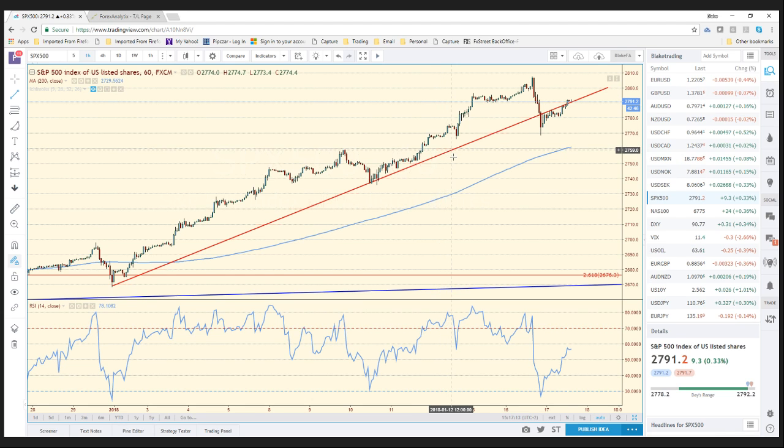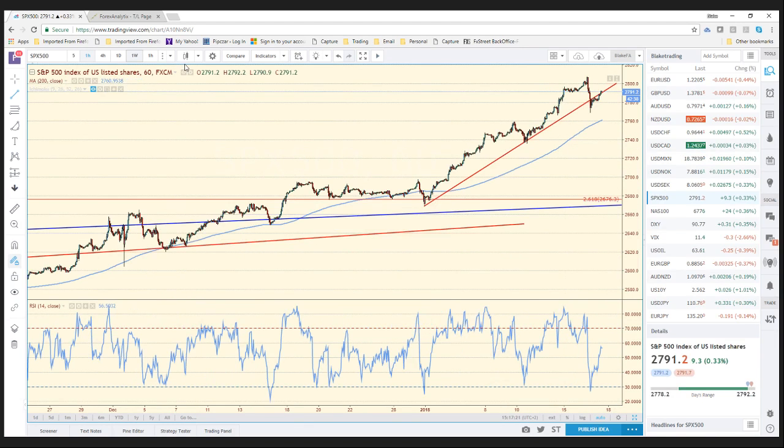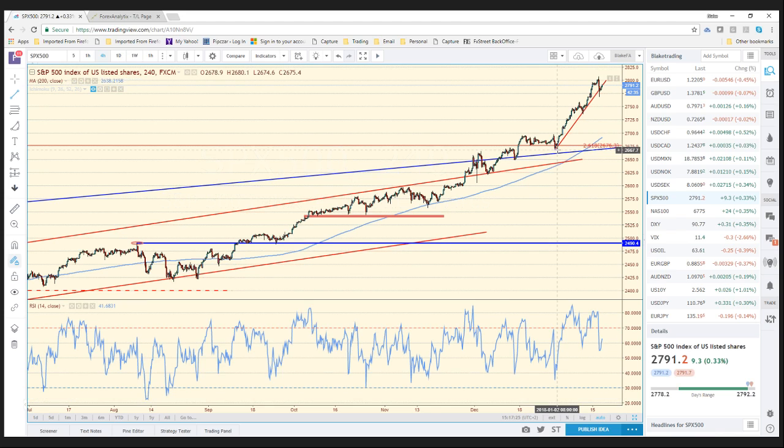Now, should the market get a little concerned, and we start breaking lower in stocks, and let's say we trade down towards, this is an hourly, so let's go over to a 4 hour, let's say we get down to like 2,600. I think the market might start getting a little concerned, and you might start to see people ditching assets and just buying dollars outright, which can happen. It's not an unforeseen event, but that is something that I think we won't really catch